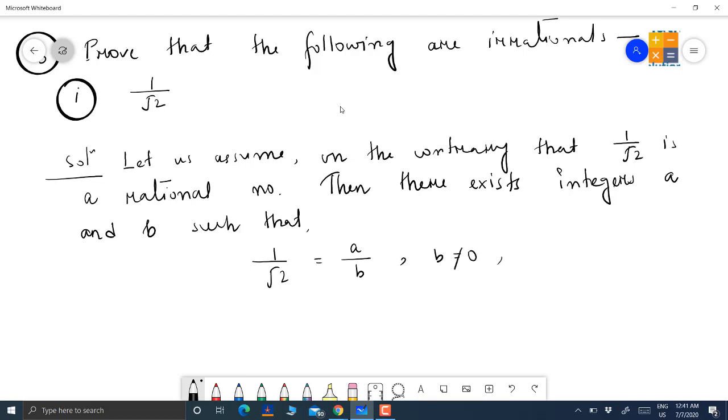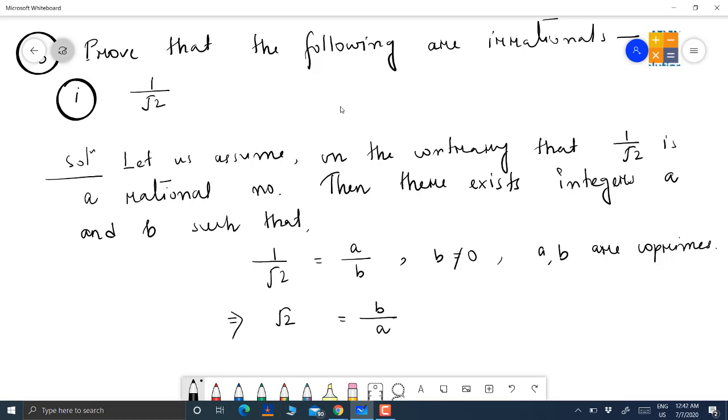And what is the most important thing to be added here? A, b are co-primes. So after this, if we find reciprocals on both the sides, I shall be getting here root 2 is equal to b by